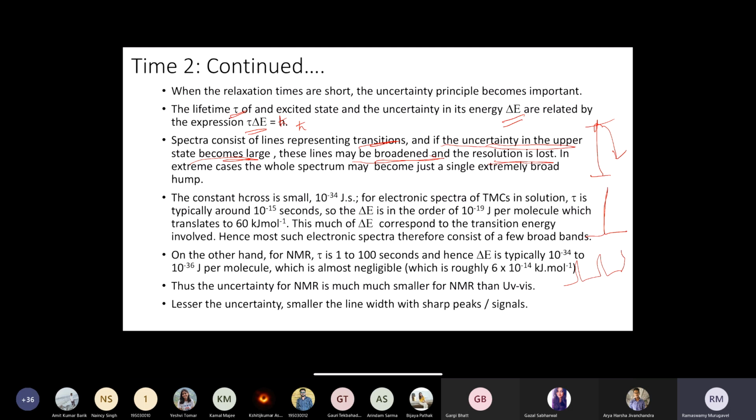In extreme cases of this line broadening, you may just see a single broad hump kind of signal. There is no feature in the signal. It's just one big hump, and you do not see any useful information. I will just show how this happens. The constant h cross, as I said, is